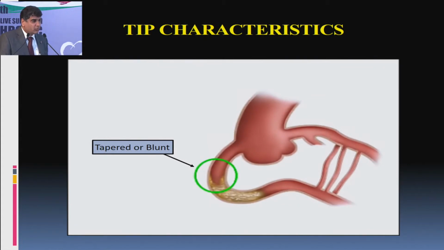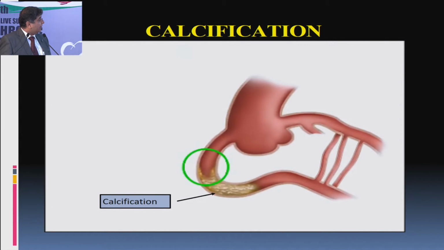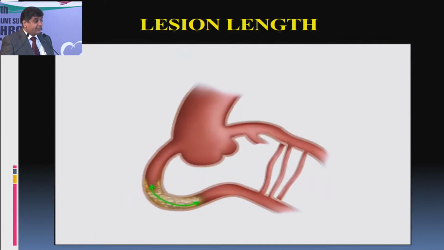I'm not going to go too much into detail; I think Dr. Surya Prakash Rao is going to speak on the CTO lesion assessment. Is there a side branch where the stump is found, the degree of calcification in the lesion itself, and the length of the lesion,